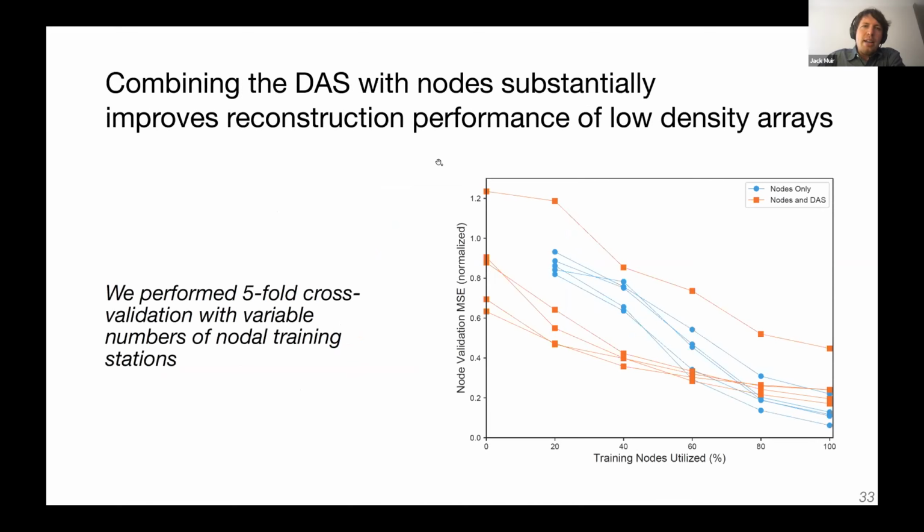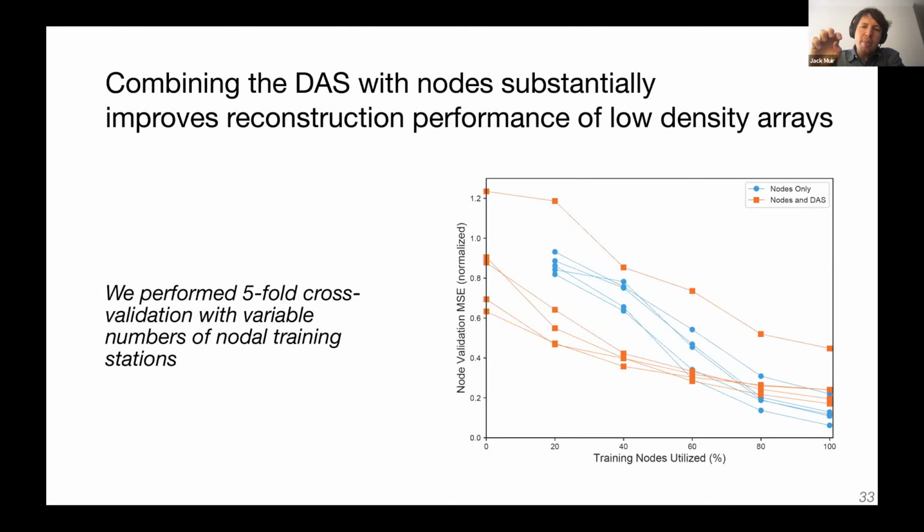We can also combine the DAS with nodes, and this substantially improves the reconstruction performance, especially at lower array densities. So this plot is basically a five-fold cross-validation experiment with different numbers of nodes. The blue curves are when we use nodes only and then try to predict what the wave field should be at left-out nodes. So in each case, we took 20% of the nodes out as a testing or validation data